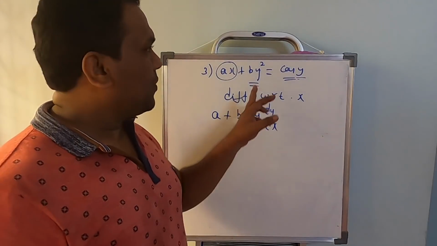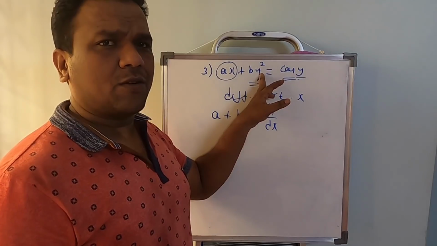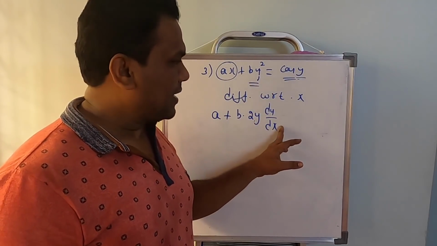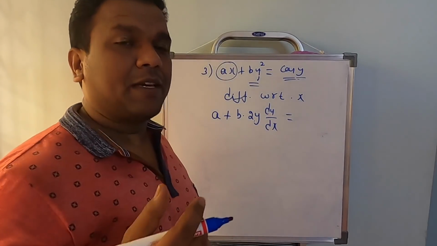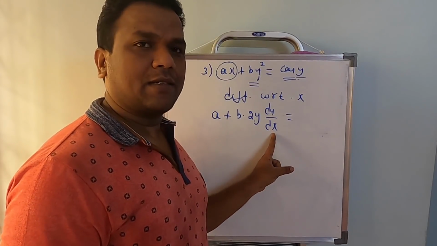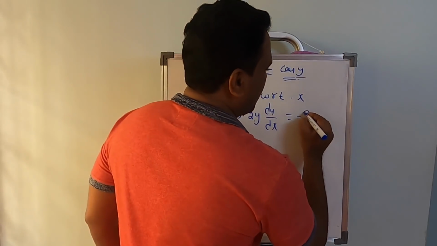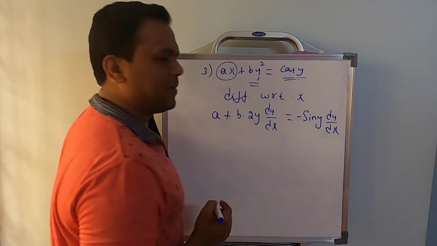That's what I said. Whenever you differentiate a term of y, it is just like differentiation of term of x only, but after differentiation of y term, you have to write dy by dx along with that. I have given you the explanation in the beginning of implicit differentiation why you will get this dy by dx actually. So please remember. And now differentiation of cos y will be minus sin y multiplied by dy by dx.